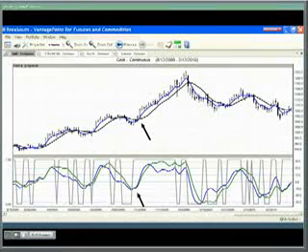There are a couple of other features that you'd like to watch when you're looking at the predicted differences. One is the angle of the lines. Are they moving up, down, sideways? Secondly, you also want to know where they are relative to this 0 line right here. Are they above it or below it? Effectively, the predicted differences serve as a function of the momentum indicator. There are stochastics and some others that measure the momentum. How strong is this move as it's moving up or down? Is there a lot of strength in this move? Is it worthwhile trading this move?